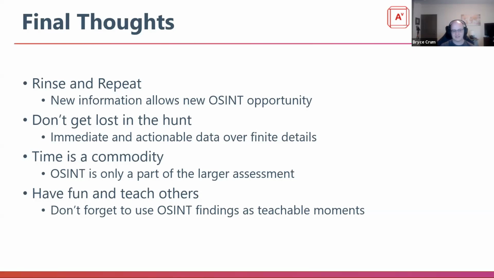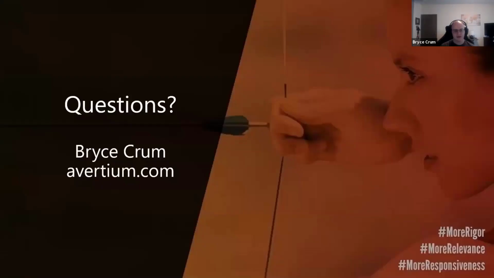But it's so interesting, these types of topics, to come together and have these communications and discuss teachable moments, even to the client and end users, those who don't have the technical knowledge necessarily, because you can bring that together and bring them into the understanding that can help them to secure themselves and not only their company, but also themselves and their family as they progress on and learn more about these types of external facing information they're providing to others. So have fun, teach each other, and enjoy it.